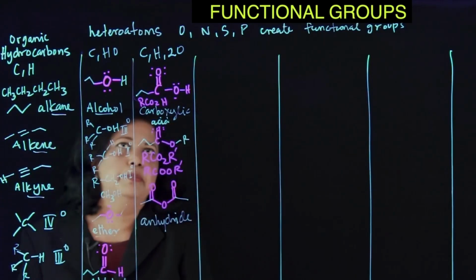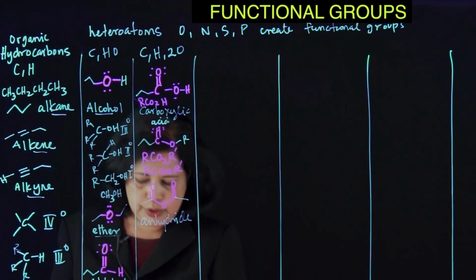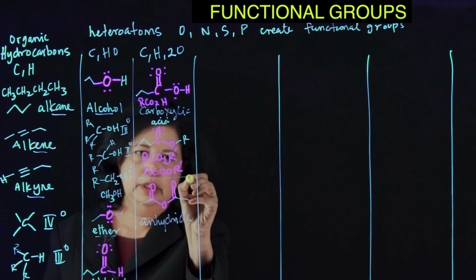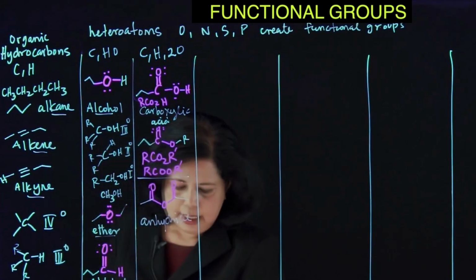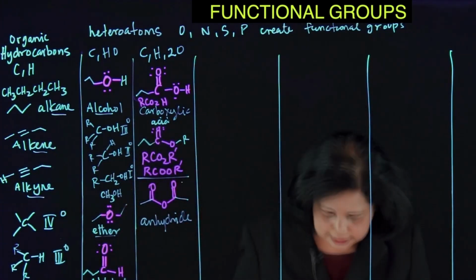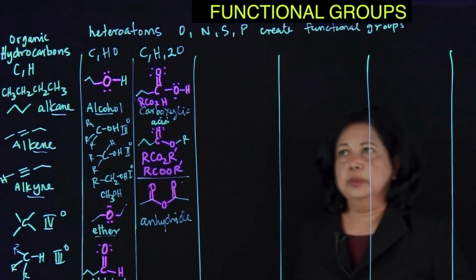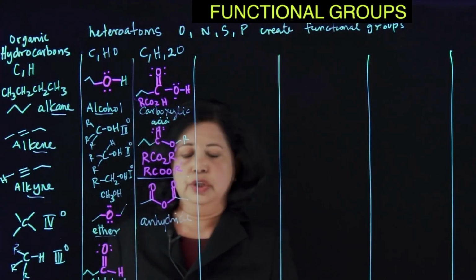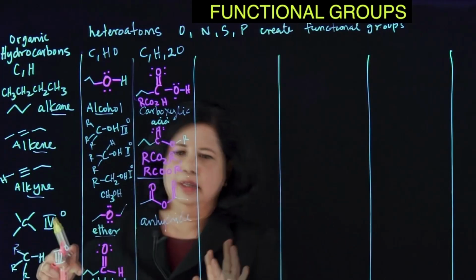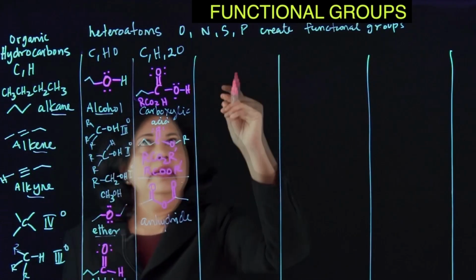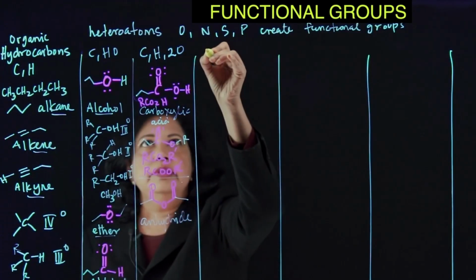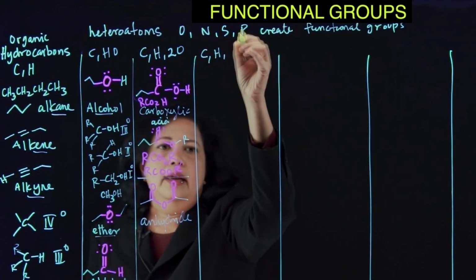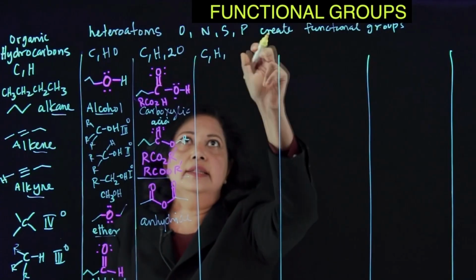So those are the ways of putting more oxygens. I'm just going to put 3 oxygens here. Okay, now let's see what else we can do to make more functional groups. Can we add other things in here? 3 oxygens, 4 oxygens is really not a functional group at that point. But here, let's say you have CH, and why not pick something else? Nitrogen.